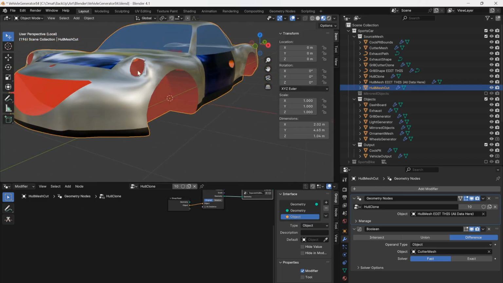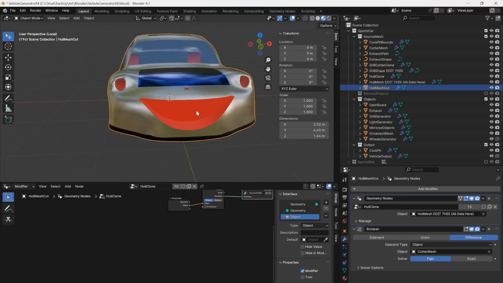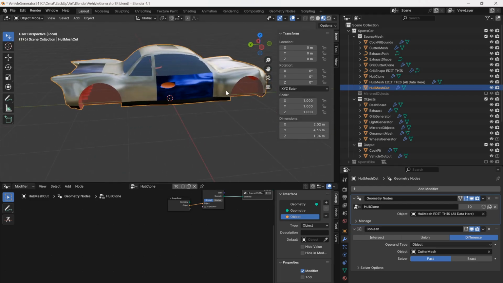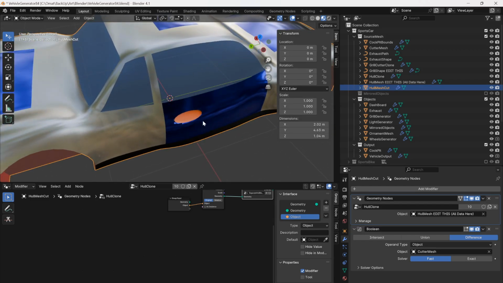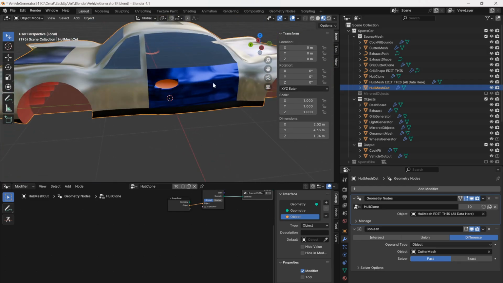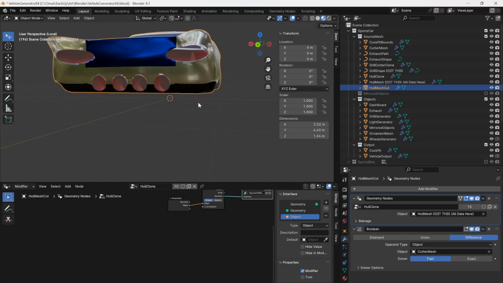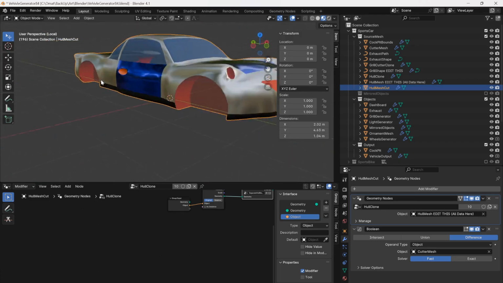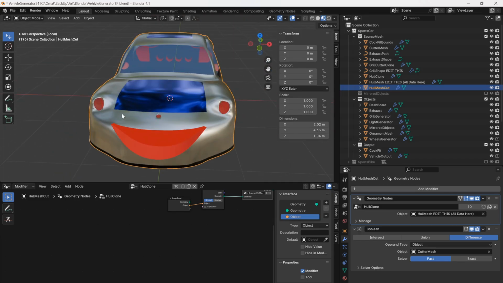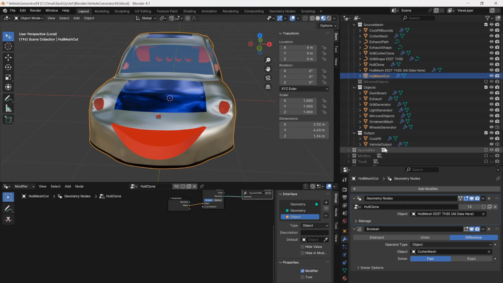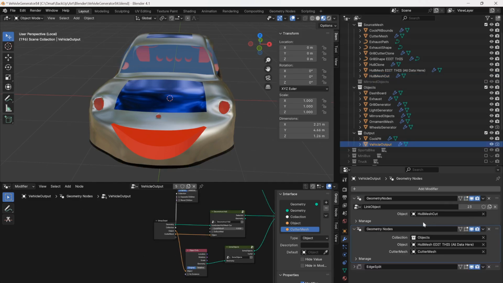once it's cut. So the tires generate their own cutters, the lights generate their own cutters, even the handles generate their own cutters. And this is simply done by going through the objects collection and everything that has these certain materials, like for the backlights and for the exhaust, is a cutter. For all of them, it will then automatically generate a cutter object which will then be here in the output, done with a boolean,